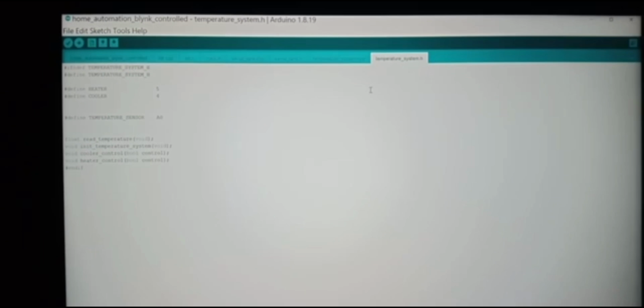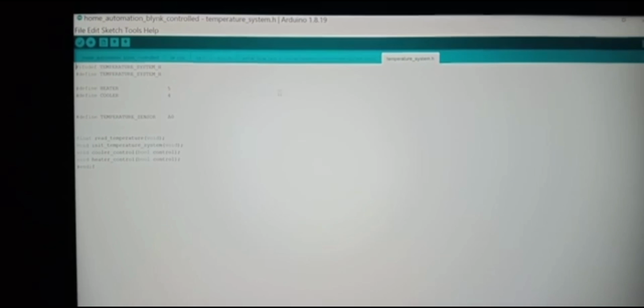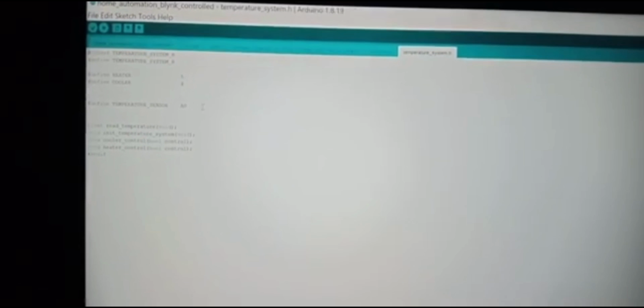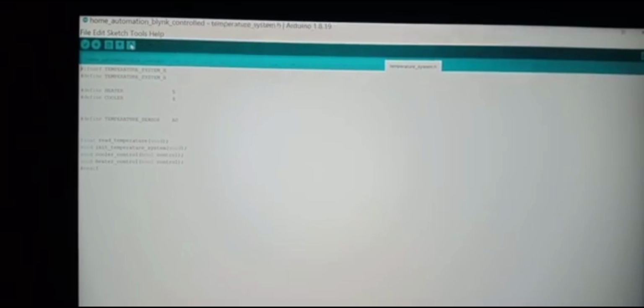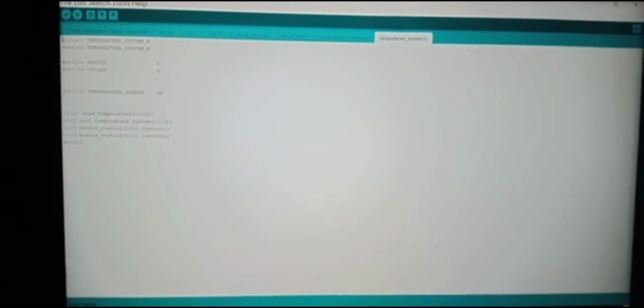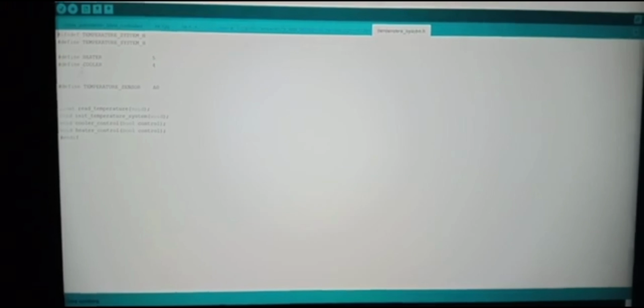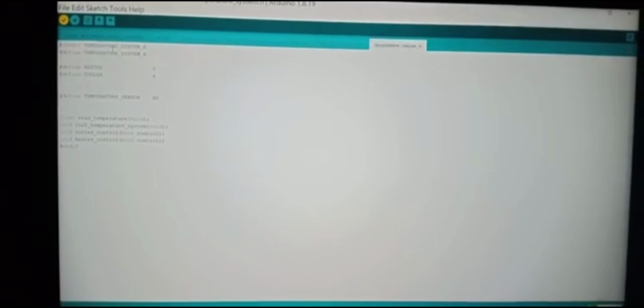Here we include many files: layer.cpp, which is a C++ language file, layer.h, which is a header file, the main.h file, the serial.cpp file, the serial.h file, the temperature sensor.cpp file, and the temperature system.h file.